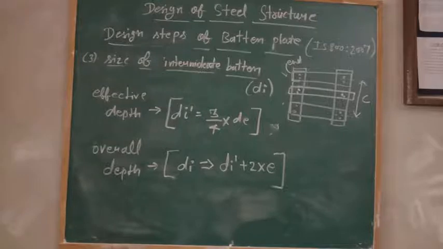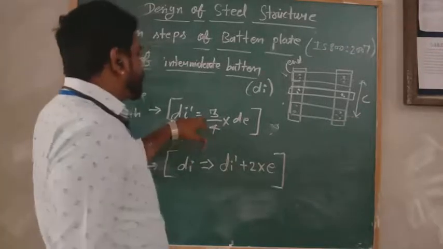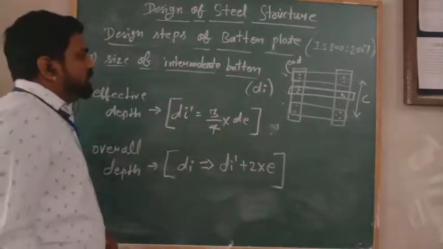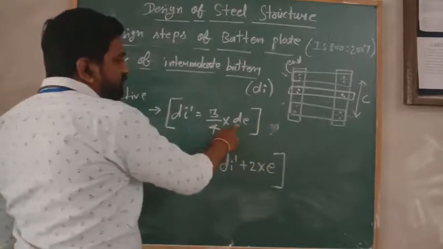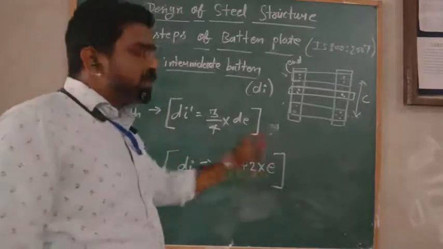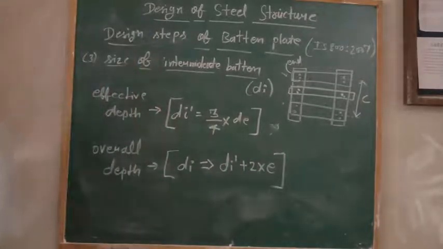First of all, we find the effective depth, that is DI dash is equal to 3/4 into the effective depth of end batten. End batten की effective depth है DE, और ओवरऑल डेप्थ में इस DI dash की वैल्यू को रख के twice of end distance से मल्टीप्लाई कर देंगे, तो यहां से हमें मिल जाएगी साइज ऑफ इंटरमीडिएट बैटन। इसके बाद हम देखेंगे आगे की स्टेप और क्या क्या है, जिसमें हम लेंथ, थिकनेस और फोर्स की बात करेंगे। तो ठीक है, यहां तक आई होप आप लोगों को क्लियर होगा। थैंक यू सो मच।